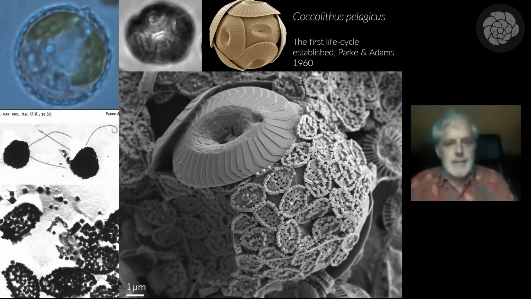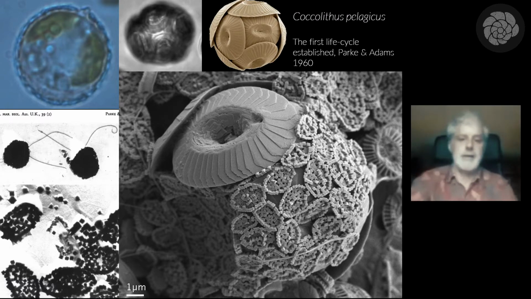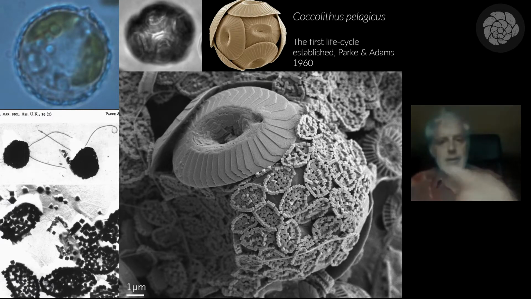It wasn't any contamination. It's the same organism, and it can undergo a change in its life cycle and produce a different type of cell. In this case, it also swims. You can see here the flagellae: a motile phase of the life cycle which produces holococcoliths, as opposed to a non-motile form which forms heterococcoliths. And then if you go out to the Arctic particularly, you'll reasonably often find coccospheres like this, where we've got the heterococcolith-forming phase which is also covered with holococcoliths. So what's happened is you've had a life cycle change, and it's gone from the phase which produces holococcoliths to the phase producing heterococcoliths. We call these combination coccospheres,